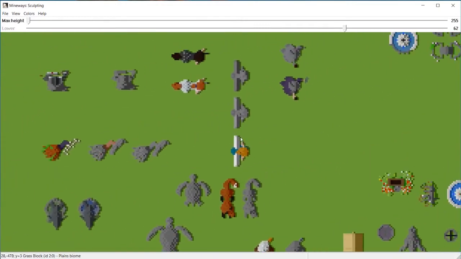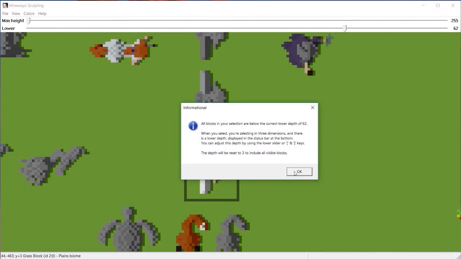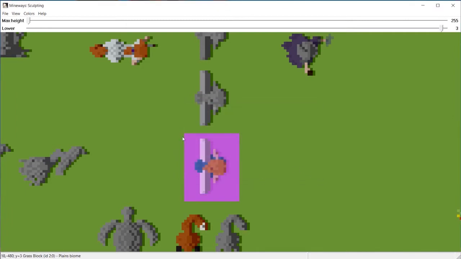I have so many things in this world, but I think I'm going to render this angel statue that we've made. So I'm going to right click and drag around this object to select it. If this window pops up, you can just push OK, and now you can see that everything we have selected